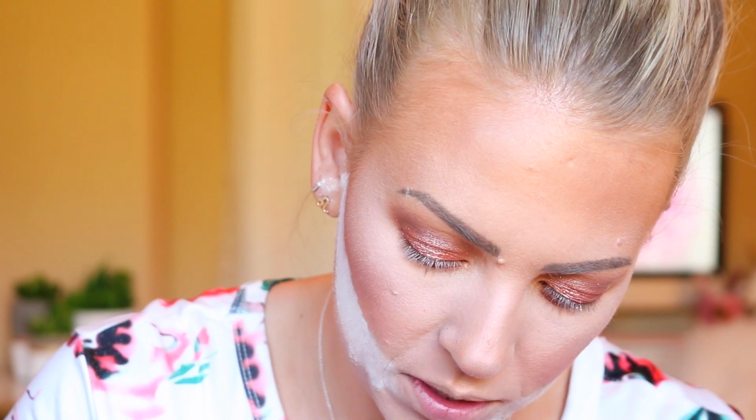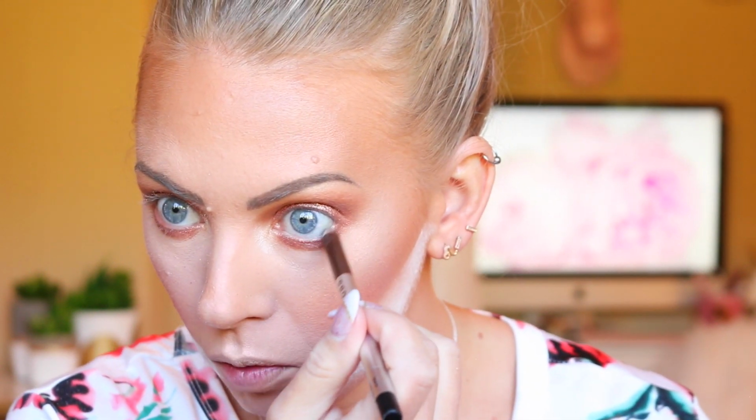I'm gonna go ahead and line my waterline, and I'm gonna take this color from Marc Jacobs. This is called Brownie. These are my favorite waterline liners. Actually, they're just my favorite liners in general. They're so good, guys. They're creamy, they last all day, they don't run, they're super pigmented, they're insane in the membrane. They're pricey, but